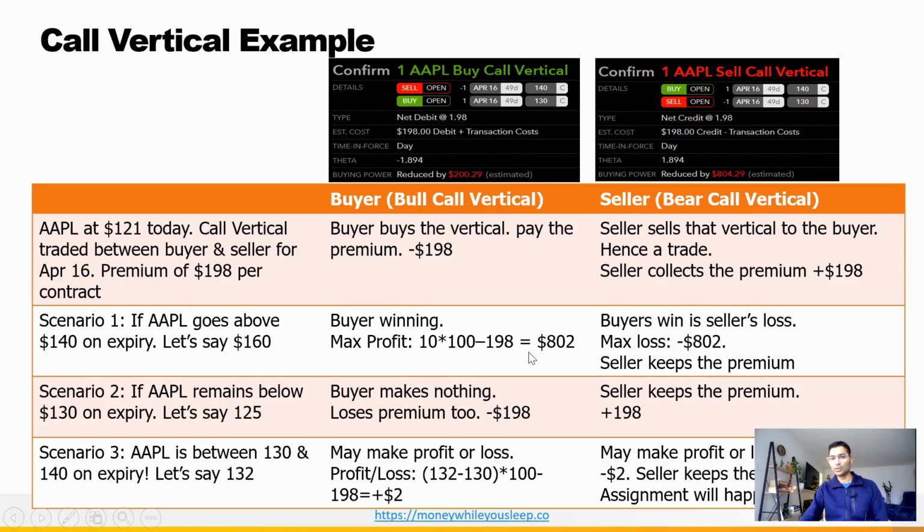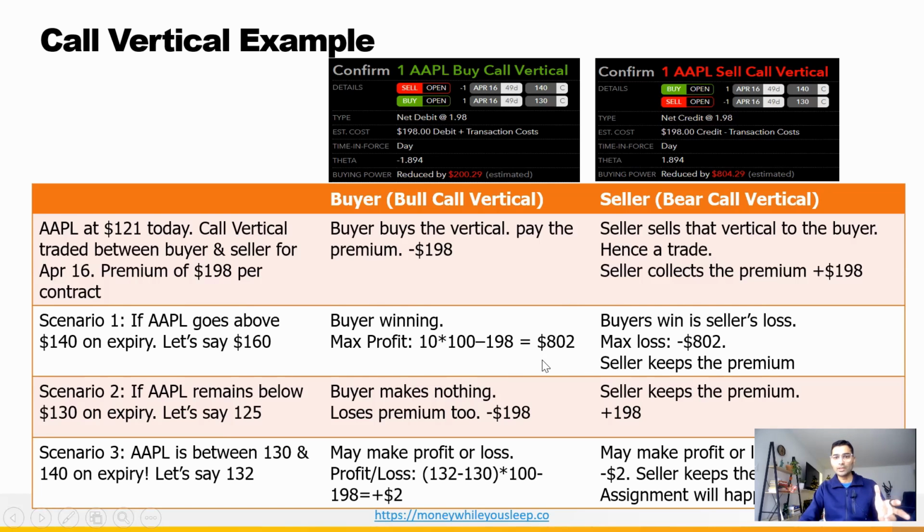become limited. So this is an advantageous strategy when you know that the stock will show bullishness, but the stock will not go above a particular range, right? So you are entering a bullish trade, but you also know that this will not go above this particular range. So you want to reduce your premium. That is how this buyer is playing this game.